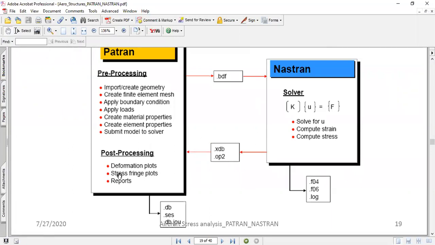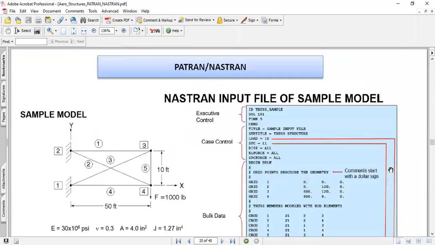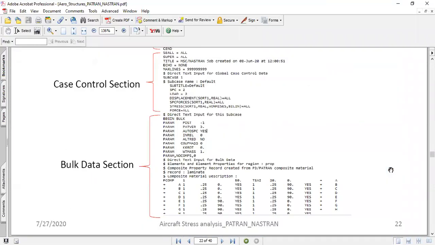OP2 is used for the plots. It's a binary file that is imported into the post processor for generating your plots and deflections on the graphics. Whereas the F06 file is the file where your results are printed. Again, it could be opened with any Notepad or TextPad.